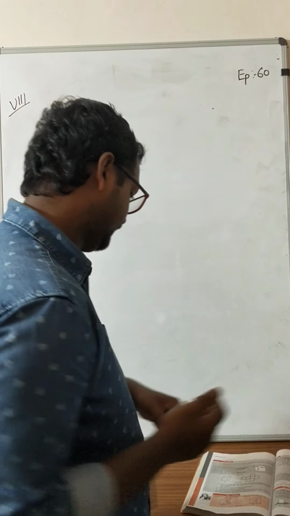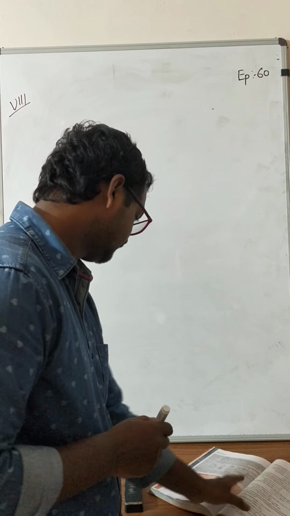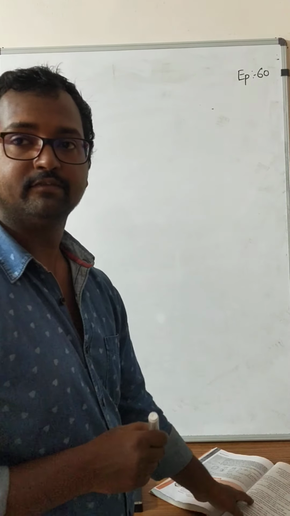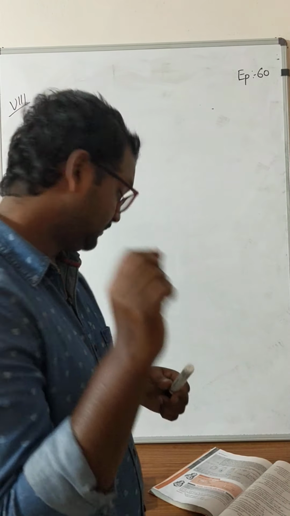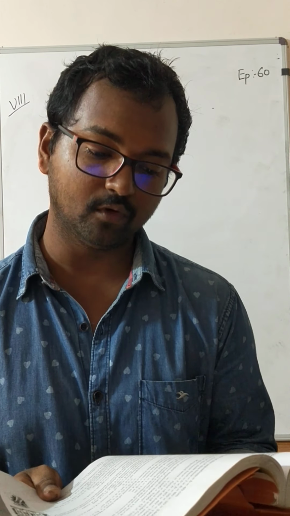Now we are done with one. Now let's move on to page number 185, Example 5. Let me read out the question. The internal measures of a cuboidal room are 12 meter, 8 meter, and 4 meter. Find the total cost of whitewashing all 4 walls of the room if the cost of whitewashing is 5 per meter square. And what will be the cost of whitewashing if the ceiling of the room is also whitewashed? So in this question we are given a cuboidal room.